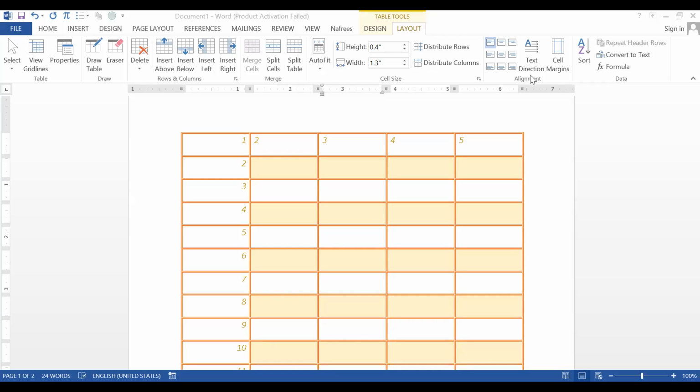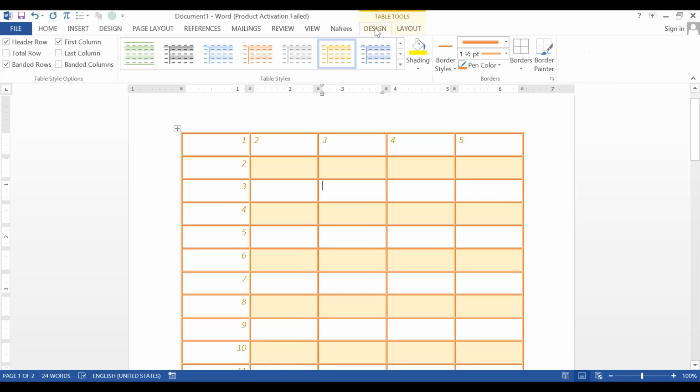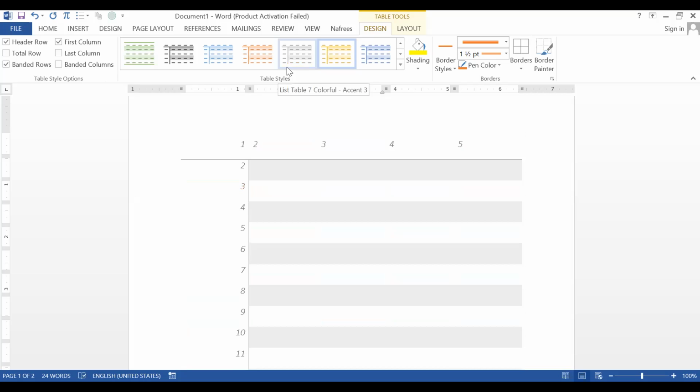By seeing this screen, you have to tell where the option is available, in which area. For example, if I'm asking some question that is inside design, then you have to tell design and border. Look at here. This is border section. This is table style. This is table style option. So you have to tell inside or just one word. Let's say if you answer inside this table style, you can directly tell table style.